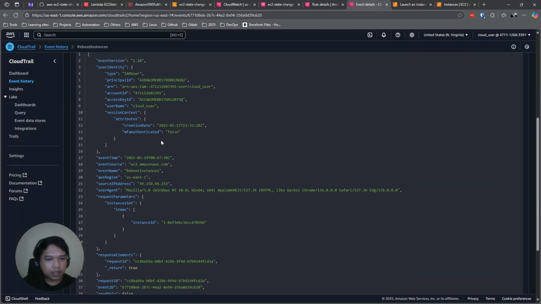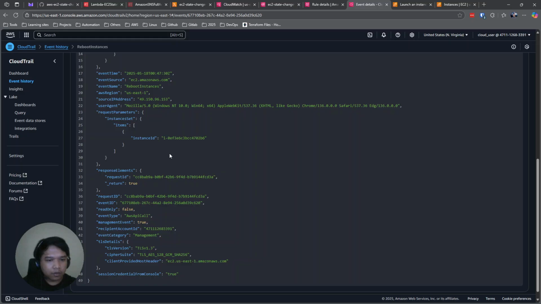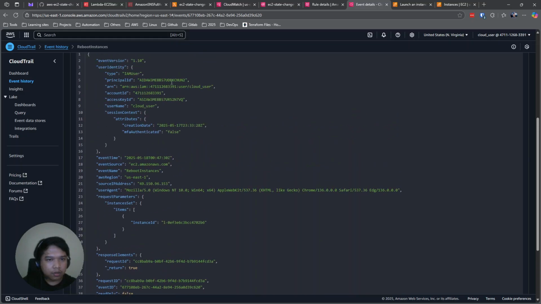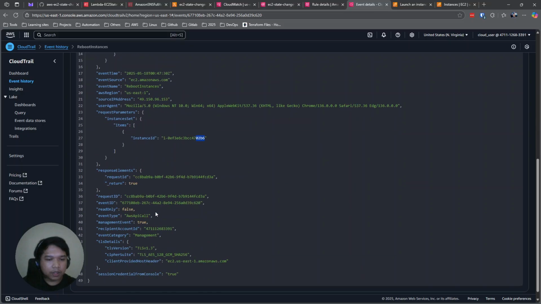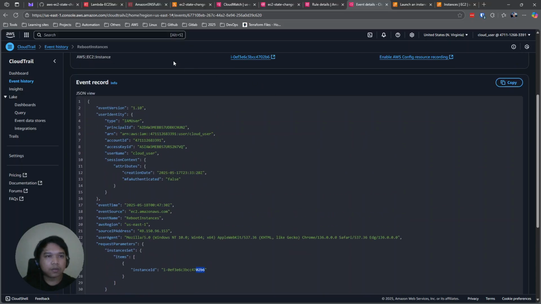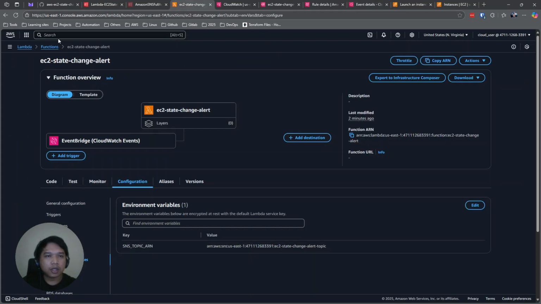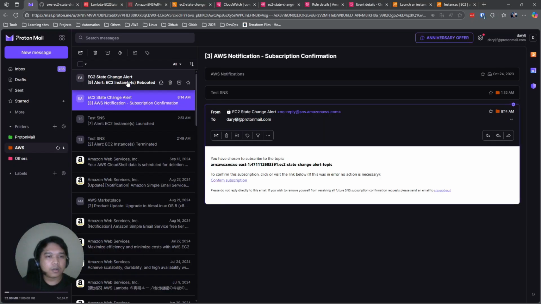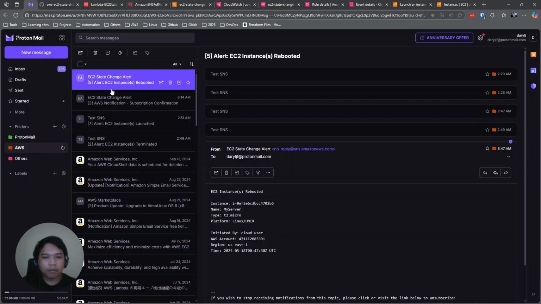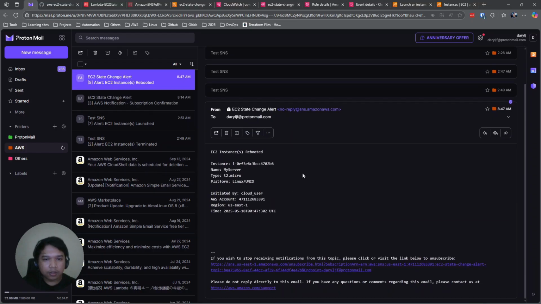As we can see, if we scroll down, this is my user EC2 right here. This is the event name, reboot instance, and this is the instance name, 02B6. Okay, so let's check if we have the email. I think we received the email here.